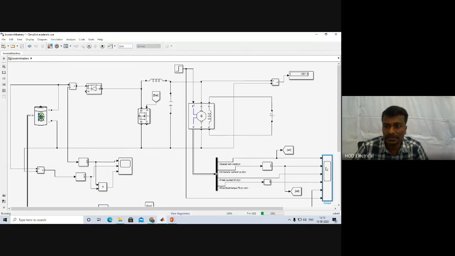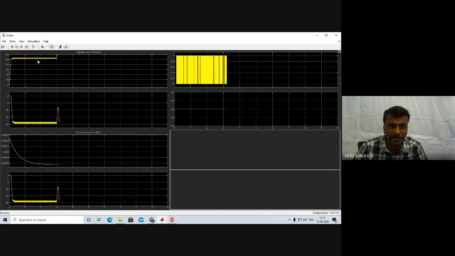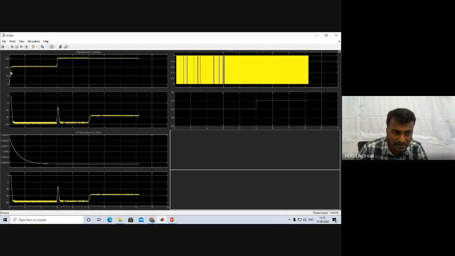See now, in this case, initially the speed is 100 RPS, but I have to tune the PI controller a little more. But then again, at 3 seconds, I have increased the speed to 150. Please see the first one. Until 3 seconds, 100. Then after that, 150 RPS. Then the second one is